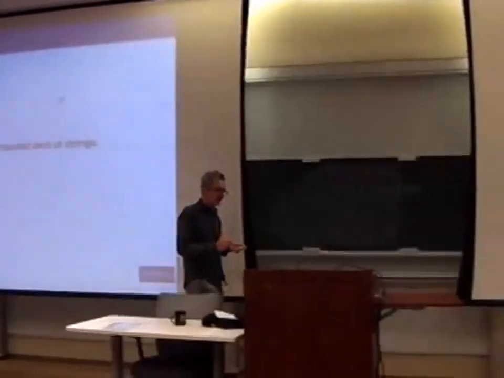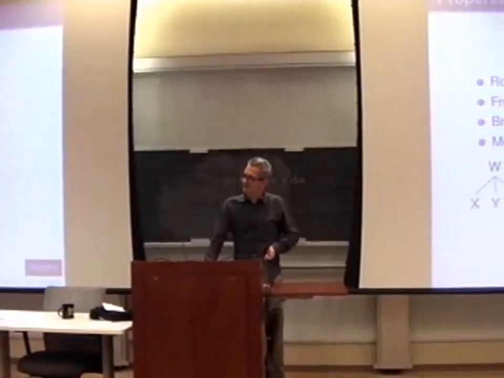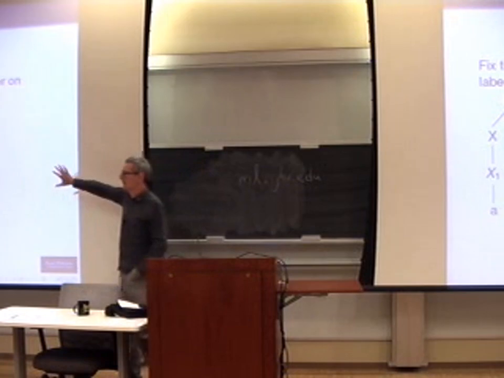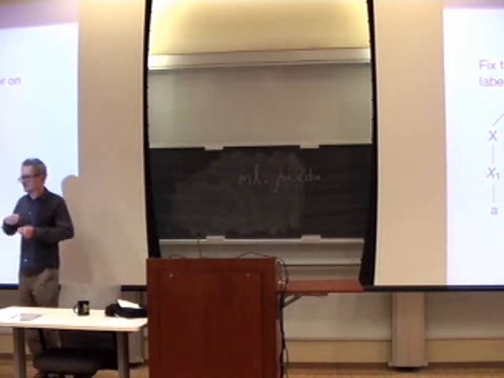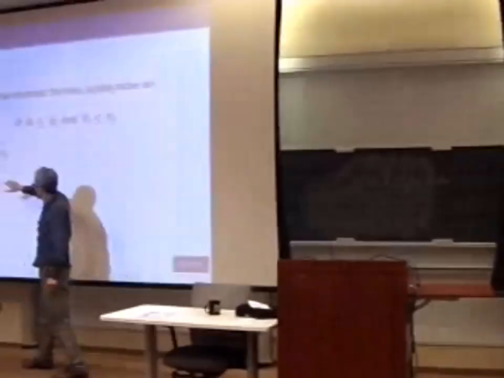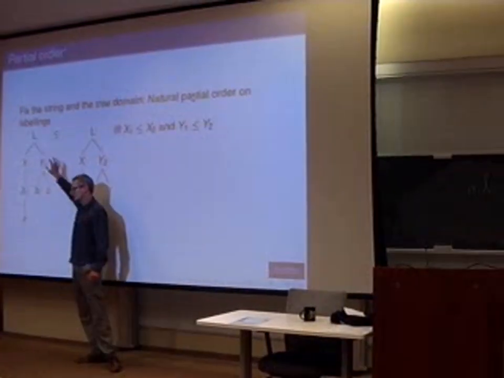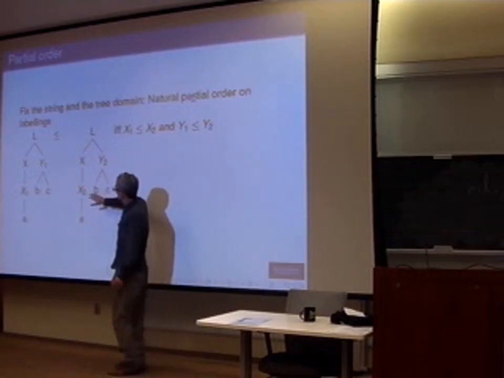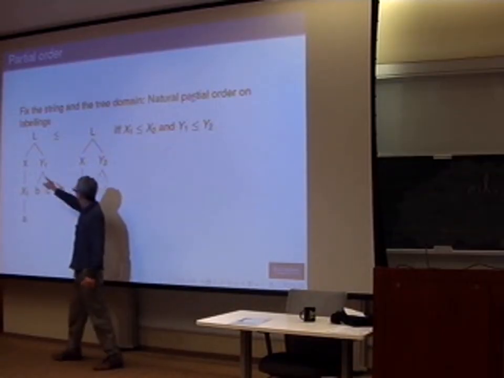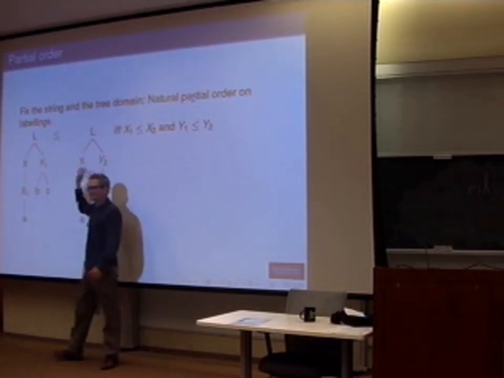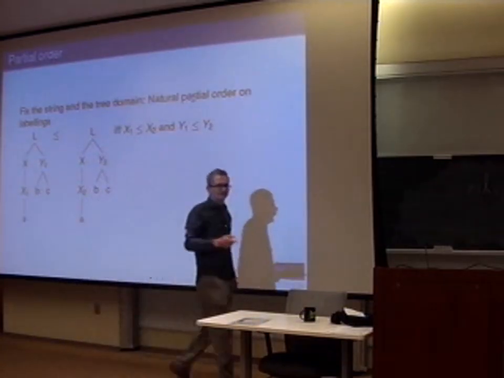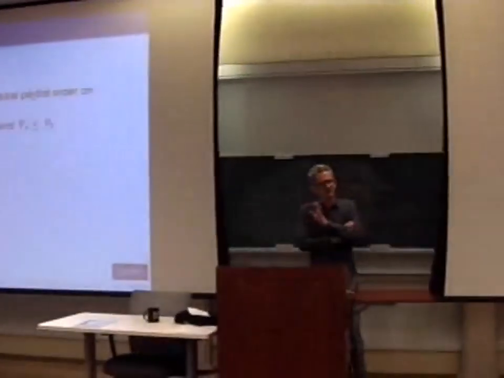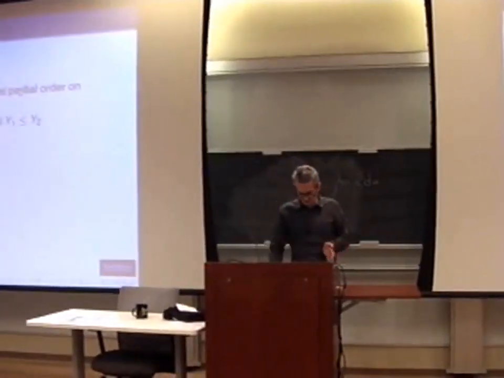And what we want to say now is, well, some of these trees are better than others. Okay? So the first thing we can say is there's going to be a partial order on these trees, because we have this nice algebraic structure. So we fix the structure of the tree, we fix the leaves, and then we have a partial order in the natural way. We're going to say this one is less than this one if this one is less than or equal to this one, and this one is less than or equal to this one, and so on. A natural point-wise partial order. So this is where the trees have the same structure? Well, you mean by fixing the tree domain? Yeah, exactly. So the trees have the same structure, the same leaves. We have a natural partial order.